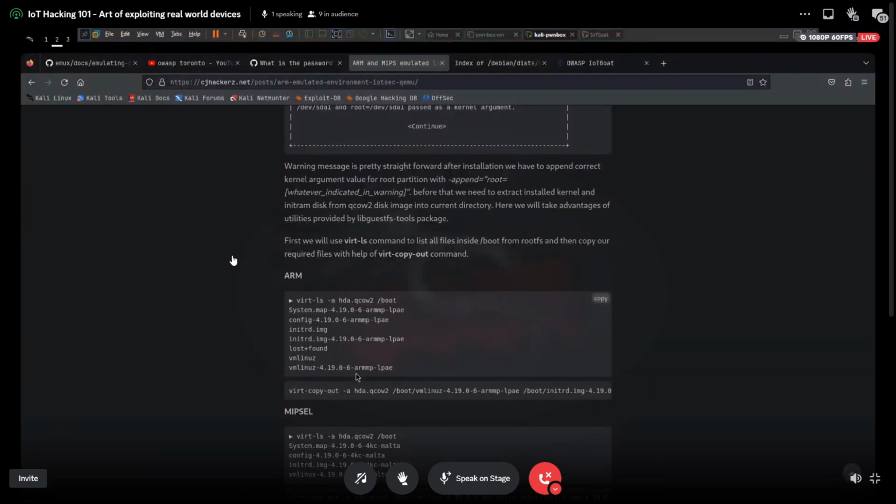Why I'm doing this is because when you list out the files, you will see two files, vmlinux and this one. We need these two out of the hard drive because we can't directly tell our QEMU emulator to look for these files inside the partitions, boot or whatever partitions it might have created.